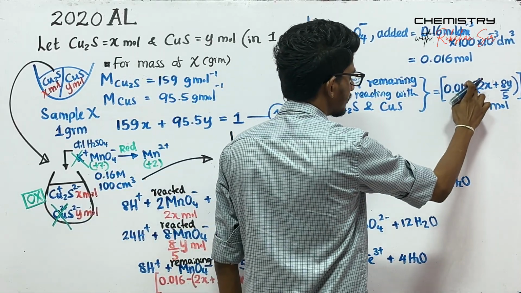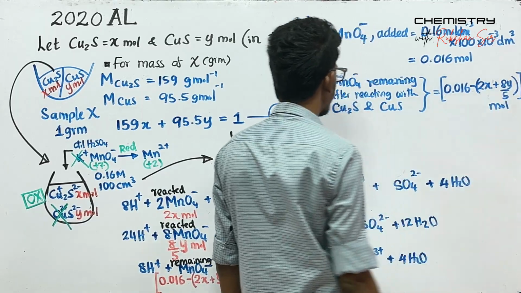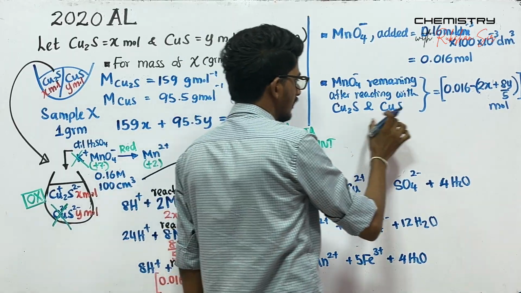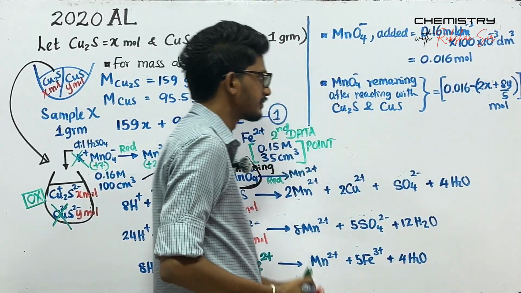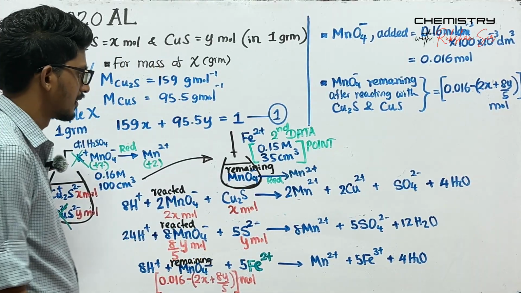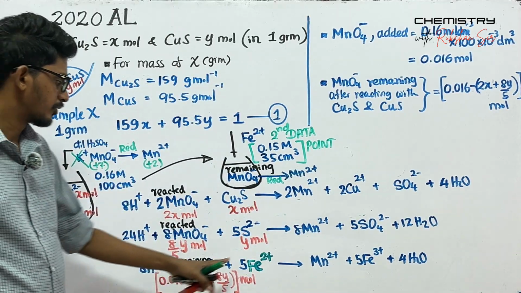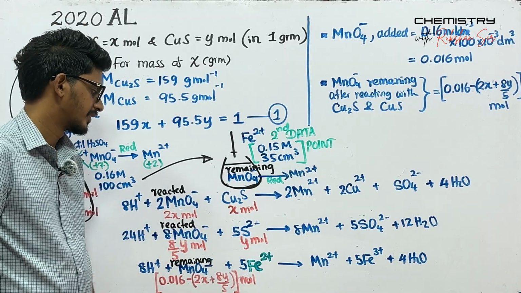Now this amount is the amount added minus the amount consumed to react with the Cu2S and the CuS, so that we can come up with your second simultaneous equation